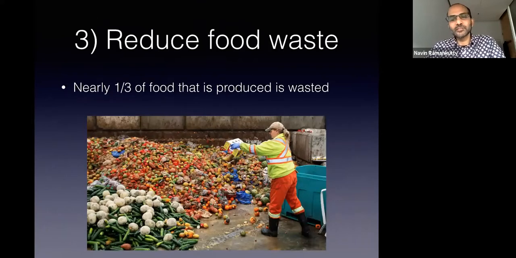So those two solutions are looking on the supply side, like how can we grow our food better? But people are increasingly talking about the demand side. Do we really need all this food? We're talking about doubling food production by 2050. Do we really need to do so when in fact we are wasting 1/3 of the food that's being produced?